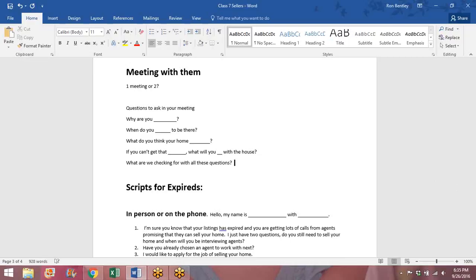Well, it's real simple. Motivation. We want to find out their motivation. Because with a motivated person, I can do all sorts of stuff. I can use their desire to get the job done. If they are not motivated, if they say they'll just rent the house, and if they insist on too high of a price,